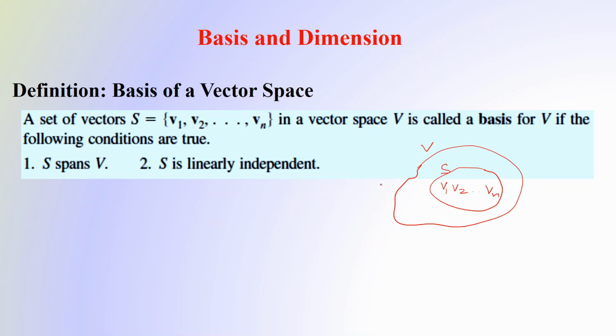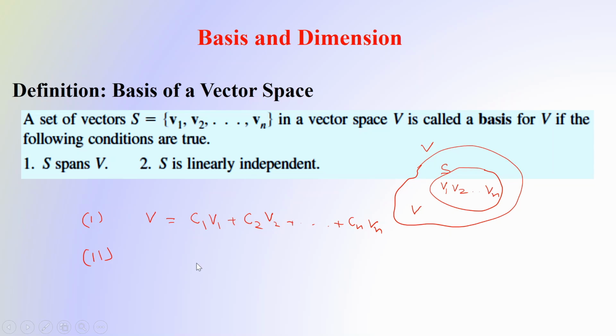S spans V. That means if you take any vector V from the vector space, we should be able to write it as a linear combination of these vectors. Any vector V in the vector space should be expressible as a linear combination of the vectors V1, V2, up to Vn. And the second property is